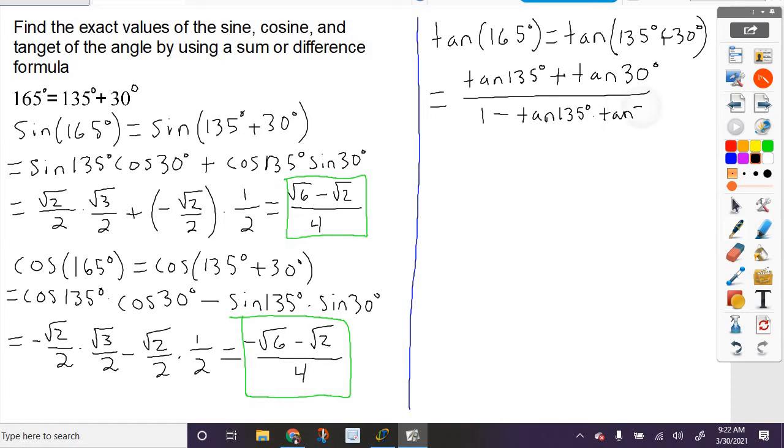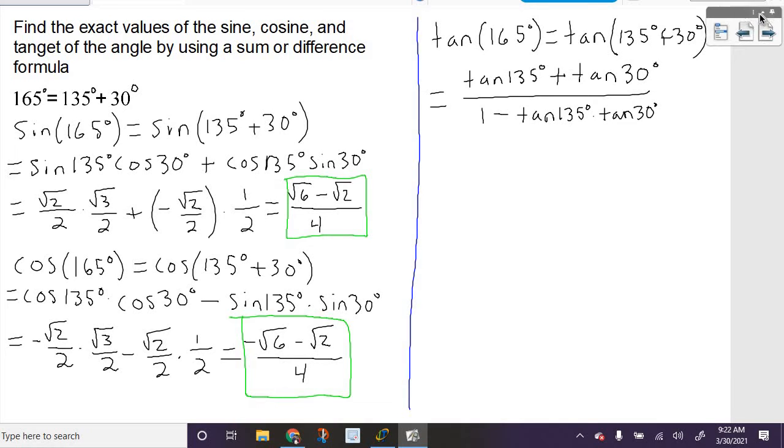And I just plug everything in. Now remember that tangent is a little bit different because it's not strictly on our unit circle. So we do have to do a little bit of work in order to figure out what tangent is going to be. So remember that tangent of theta is equal to sine over